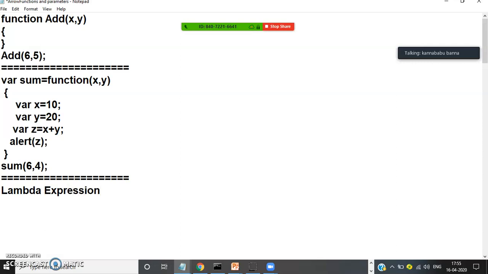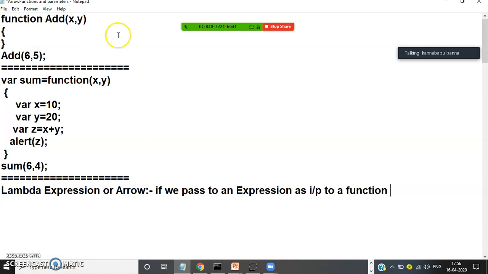Okay? But nowadays the very powerful concept is lambda expression, or arrow functions. The main purpose is, is it clear? If we want to pass an expression as input to a function, until now we passed variables as input to the function. But if you want to pass an expression as input to a function, then we have to use lambda expressions or arrow functions.